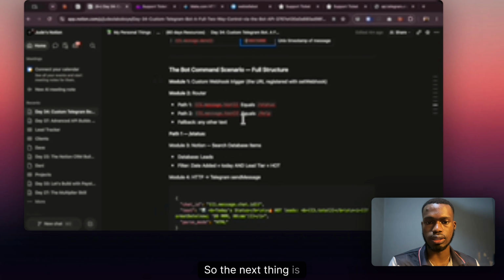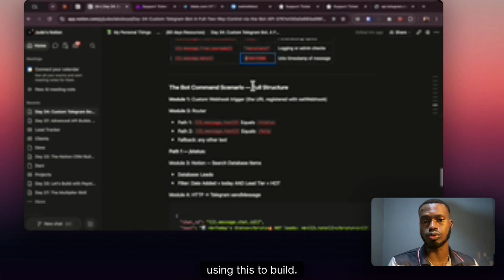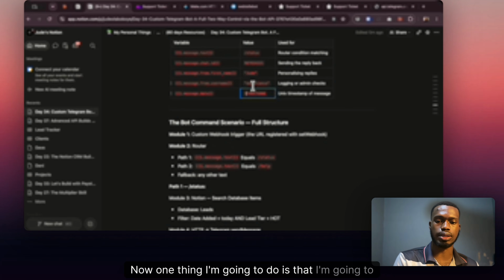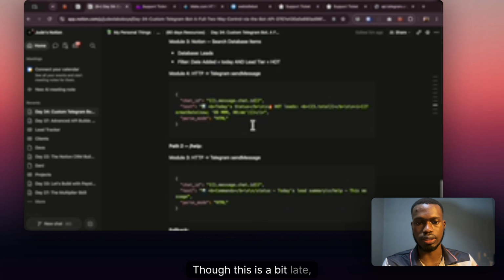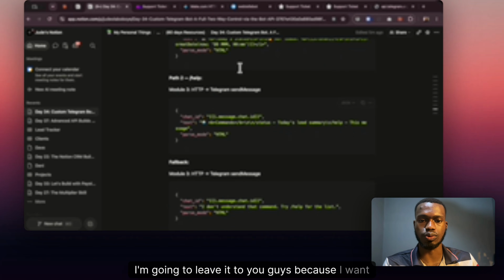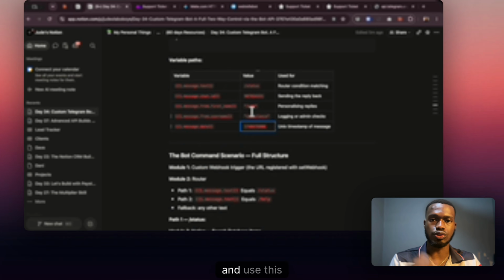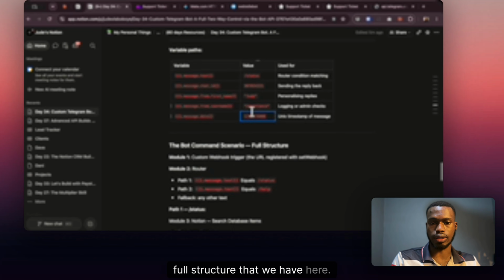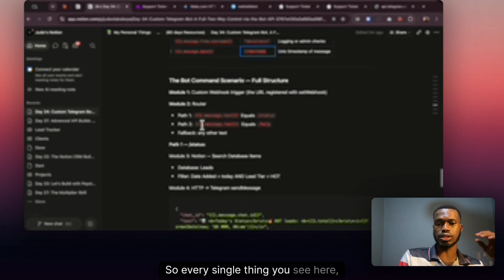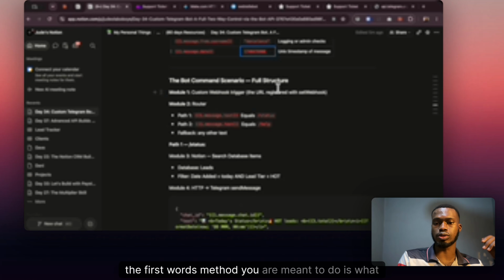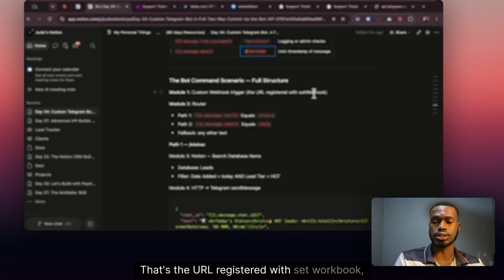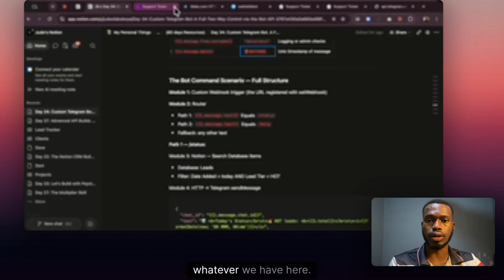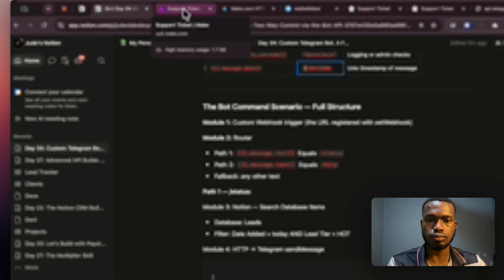So the next thing is using this to build. Now one thing I'm going to do is leave this at this point to you guys, though this is a bit late, because I want you to work on this and use this to build the full structure that we have here. So every single thing you see here, the first method you're meant to do is the custom webhook trigger. That's the URL registered with set webhook. Whatever we have here,